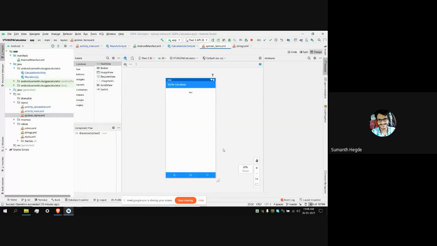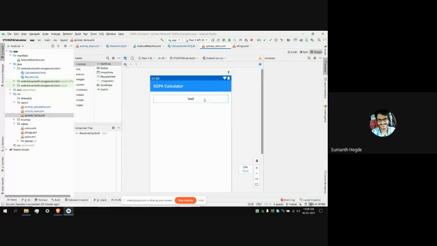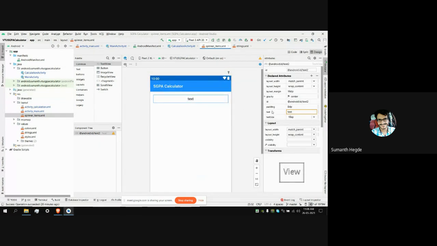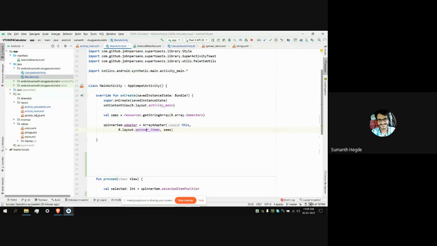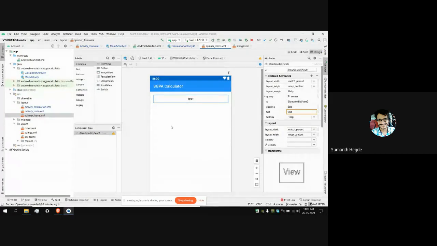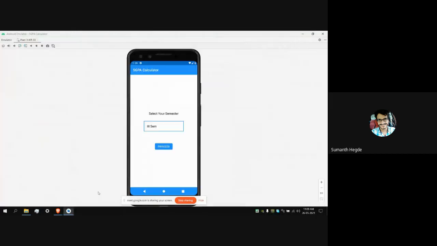As you can see, I have added a text view and declared some basic properties like padding and text size. The adapter will make a replica of this layout for all the data. Here we have 7 items, so the adapter will make a replica of this layout for all 7 items.